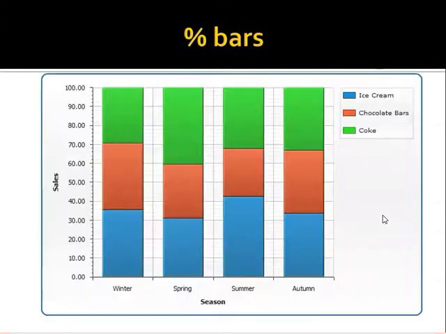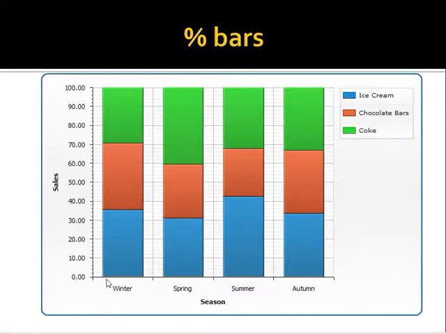Then we go to a percentage bar diagram. Percentage bars are particularly useful in statistical work when we portray the relative changes in data. The length of the bars is equal to 100% and the segments are cut in these bars to represent the percentage of an aggregate. So, this represents the sales of 3 commodities, that is ice cream, chocolate bars and Coca-Cola, say for example in a particular country in various seasons of the year.